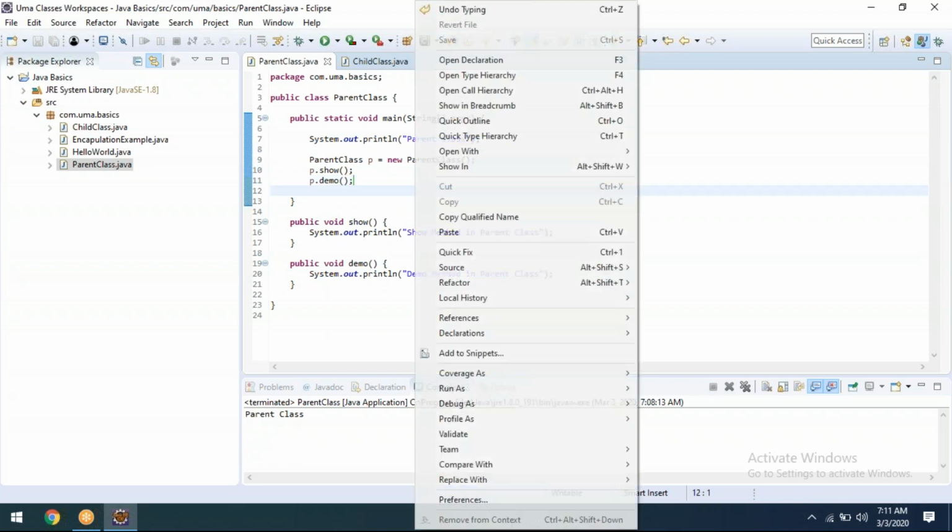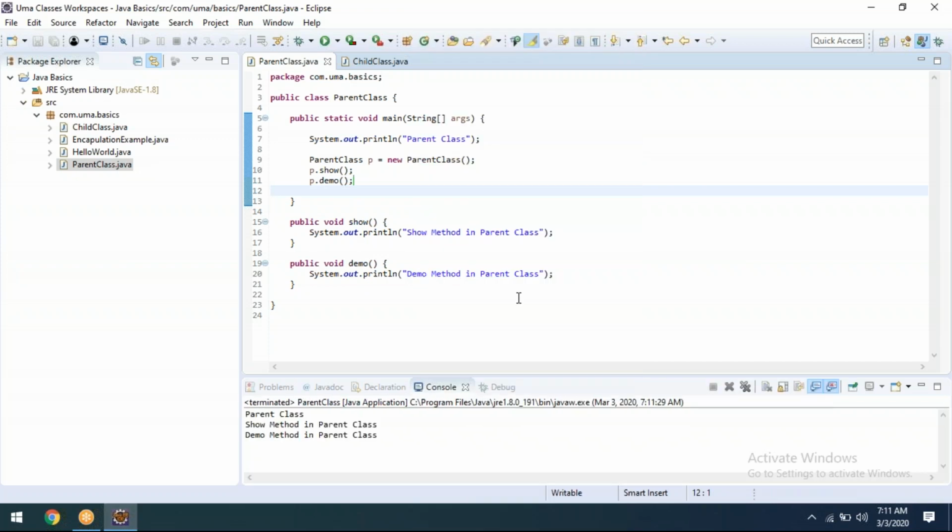Now let us assume this is an independent class, we are well and good. Now we are able to run it. You are getting my point? Now, whenever we make a connection between parent class and child class, what are the things we need to remember?